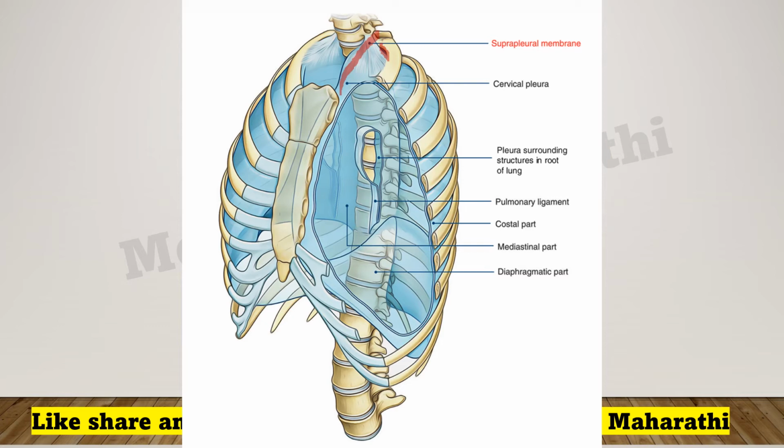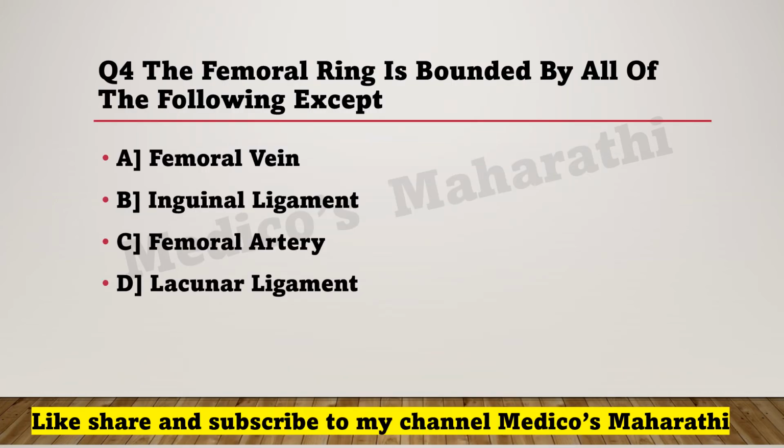Okay, what is our next question, means question number 4. Here you go for question number 4. The femoral ring is bounded by all of the following except। Examiner ने क्या पूछा है, बड़ा ही सिंपल क्वेश्चन पूछा है कि जो femoral ring होगी उसकी बाउंड्रीज क्या है, एक exception बताना है। ठीक है, सारी बाउंड्रीज हैं, एक नहीं है, वो कौन सी नहीं है माय डियर फ्रेंड्स? Option number C, femoral artery, it is not a boundary of femoral ring। Femoral vein वहाँ है, inguinal ligament वहाँ है, lacunar ligament भी present है बाउंड्रीज में।